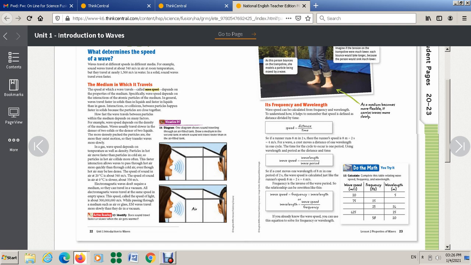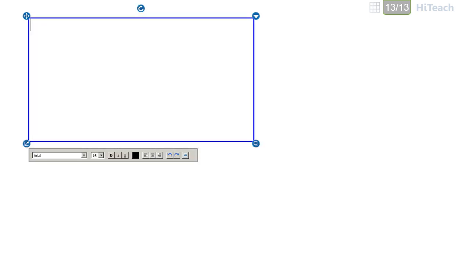Since we're talking about the speed, let's talk about the speed in general. I'm not talking about the speed only of wave now. I'm talking about the speed in general. If you want to, for example, find the speed of a car, a speed of a runner, or a speed of any object, how to find the speed? To find the speed in anything, any motion object, the speed equals what? Distance over time. Again, you have to write like this the main equations or formulas that we need to find the speed